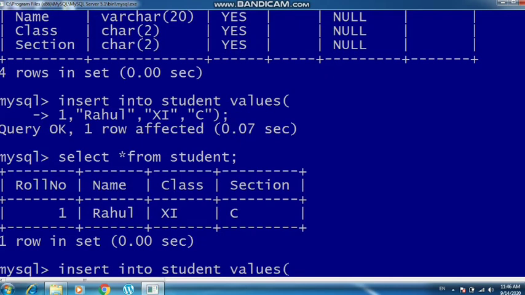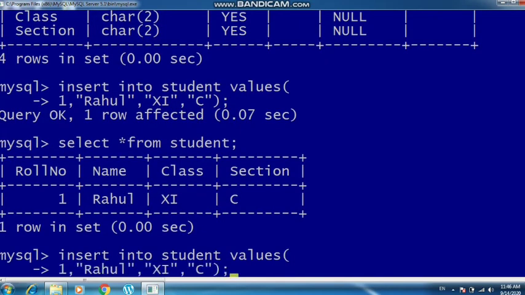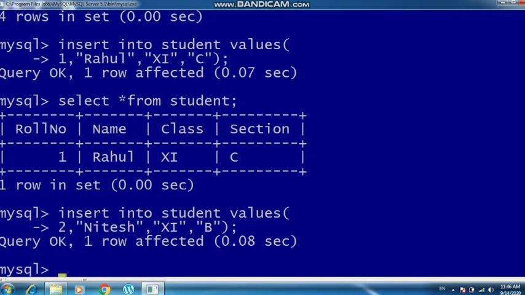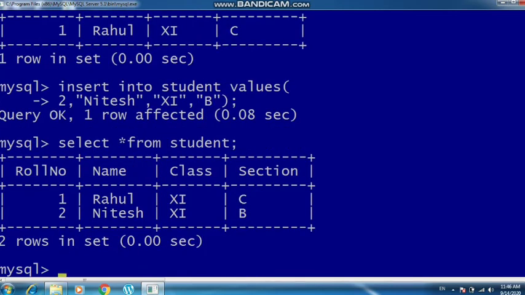Insert into student values, and then I write roll number 2, suppose Nitesh, 11th B. Now entered, one row affected. Once you try to see again, you can see that the data is entered in the table.